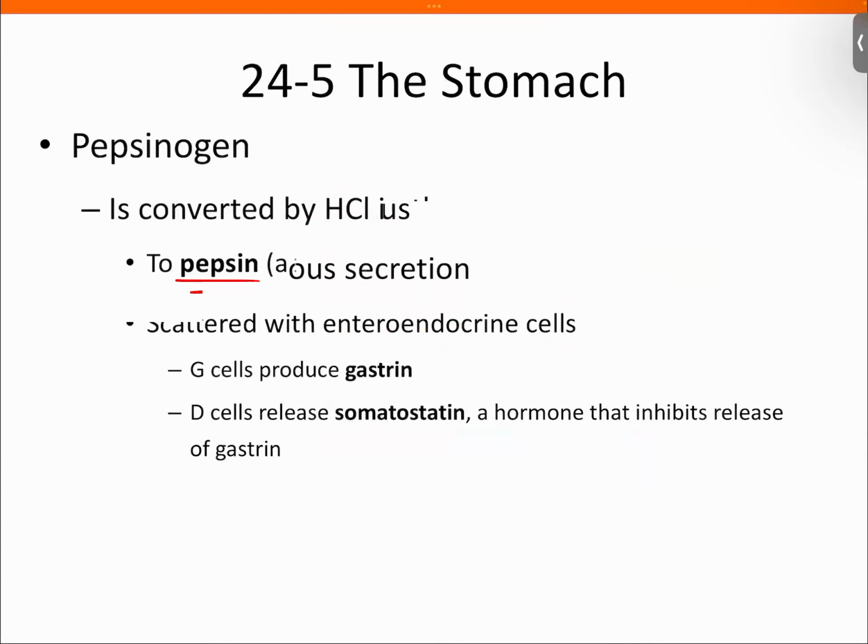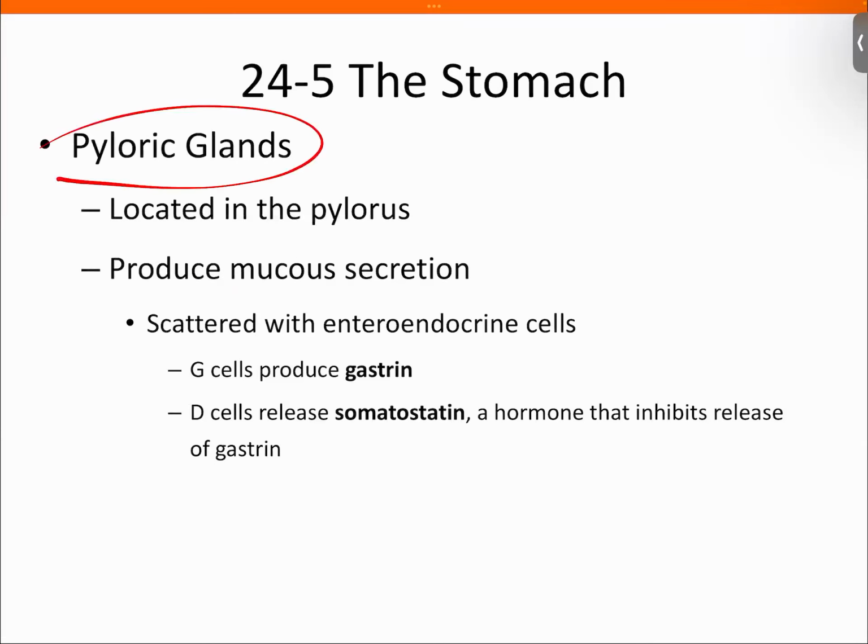Okay. So let's take a look at some of the pyloric glands. So this is in the pyloric region. This is the inferior region of the stomach. So you're going to be producing a lot of mucus here all throughout the stomach. But in addition to this, you also have